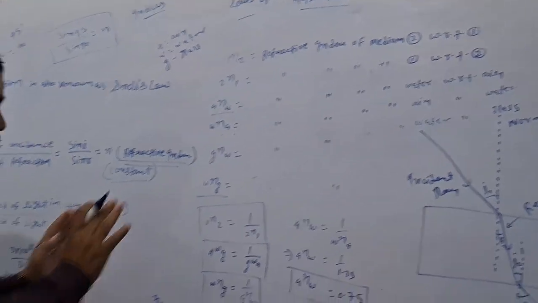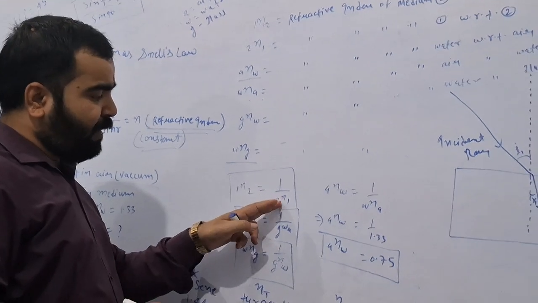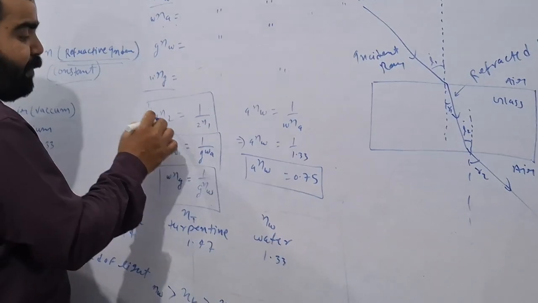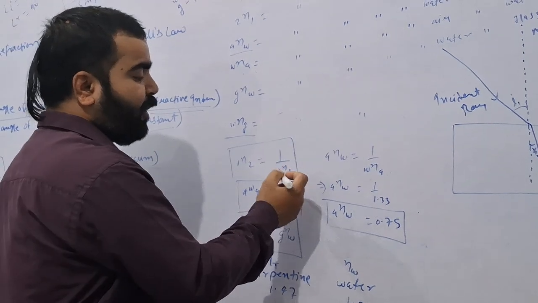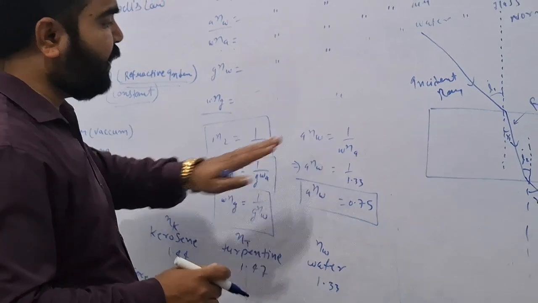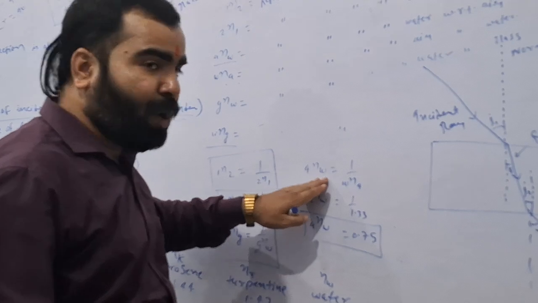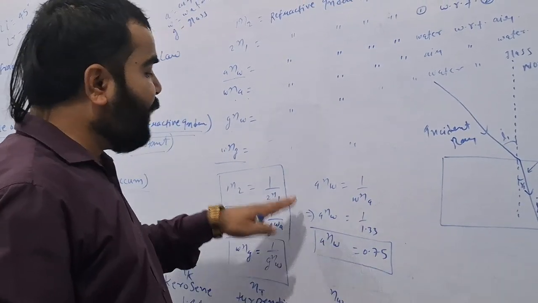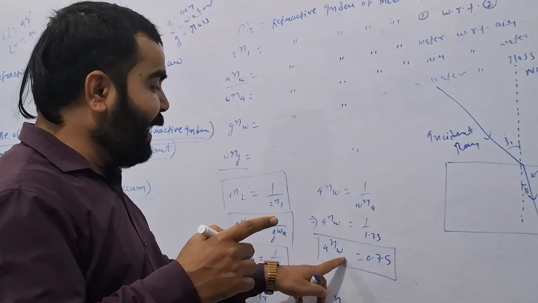Okay. Now understand this formula very easily. If it is refractive index 1, 2, then reciprocal of 2, 1. Means refractive index of medium 2 with respect to 1 will be the reciprocal of refractive index of 1 with respect to 2. So if you have, just see here, there was a question that when light is traveling from air to water, refractive index of water is 1.33. Find the refractive index of water to air, or air to water.